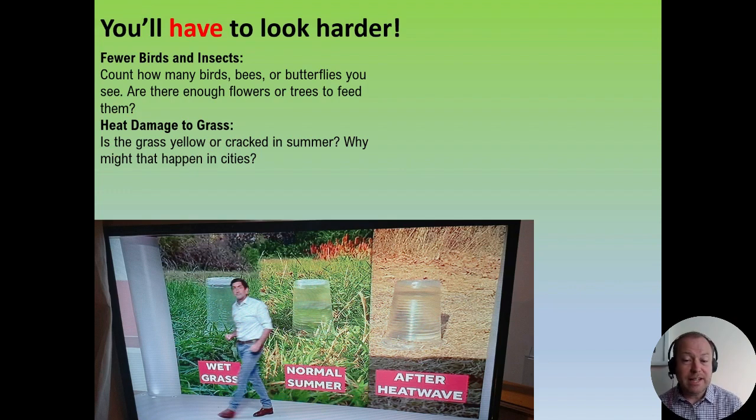So worth trying that out. Maybe at different times of the year, maybe do it once a month through the year. Try that out on your local park or your local backfield, just to give children a sense. And of course, try it in different spaces. In the middle of the baked earth field, it may be much different to somewhere that's shaded by a tree. So again, you could do this experiment